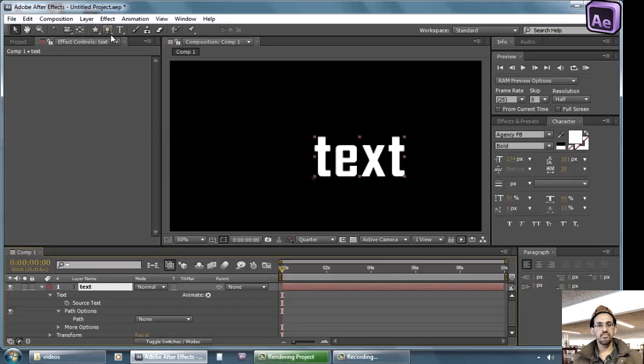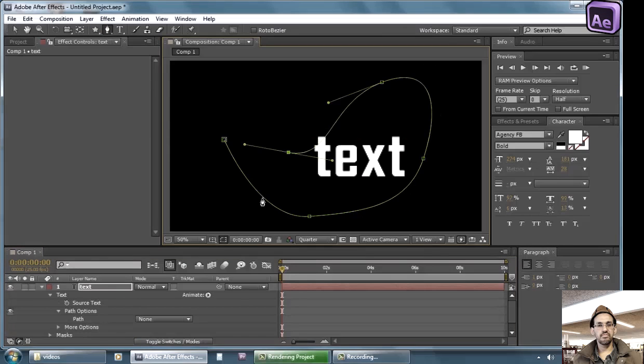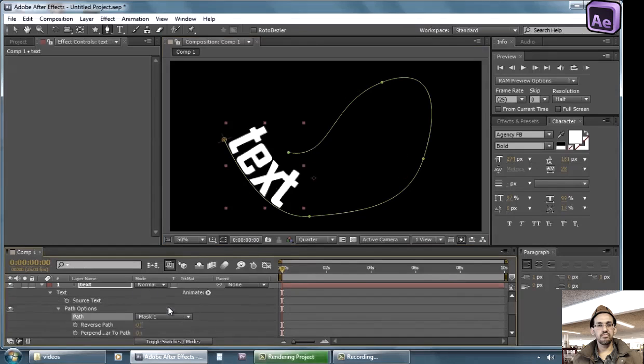So if we create a mask on this layer, select the layer and draw a simple mask. You don't even need to close it, just have it there. Let's close it for this case. Then go to the path and select the mask. You can see now the text is trailing on that mask, and if we add more,